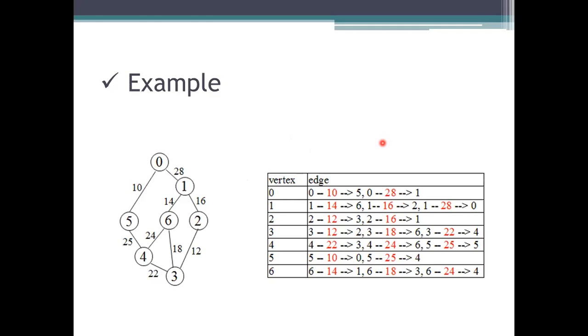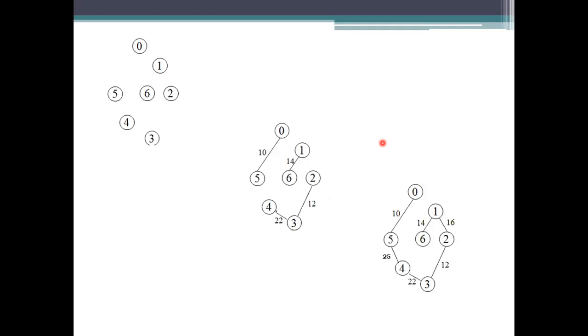Which is the order here? The minimum one has to be considered first, because the next algorithm we are using here is Prim's algorithm. From the minimum arcs has to be taken. So the 0th one is having the minimum, that is a 5. So draw this edge and go to the first one, which is having the edge 14. We didn't choose the 14 and 16. We choose only the 14. And then the remaining here is the 2.